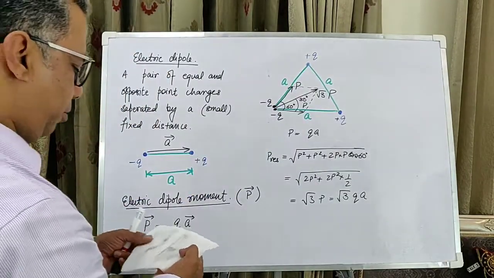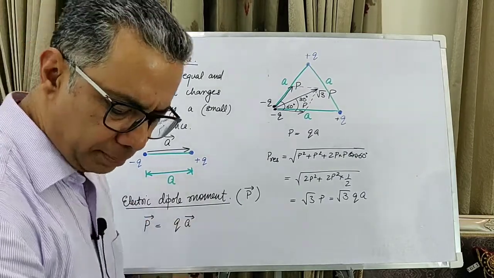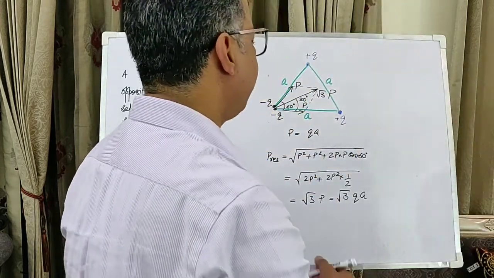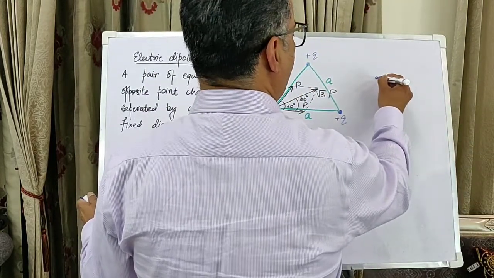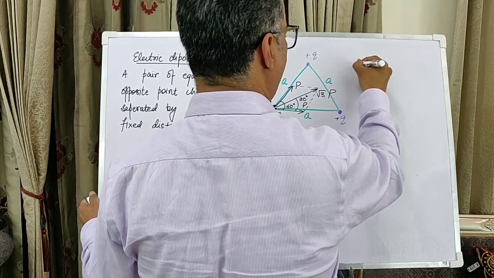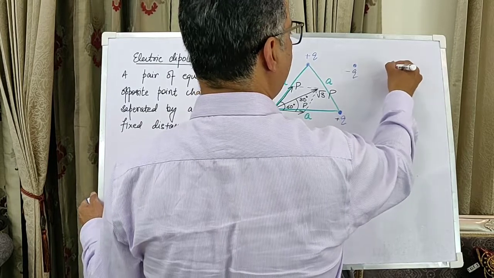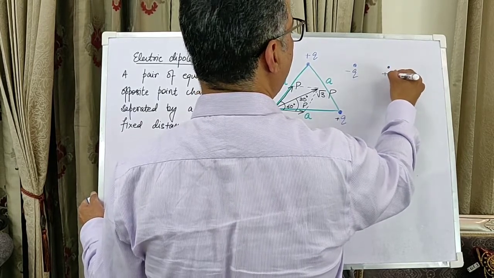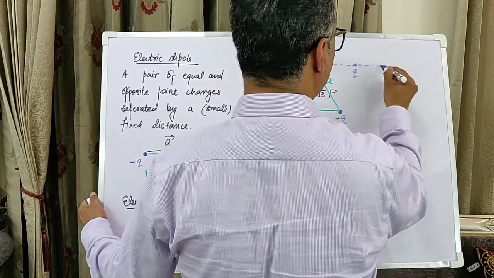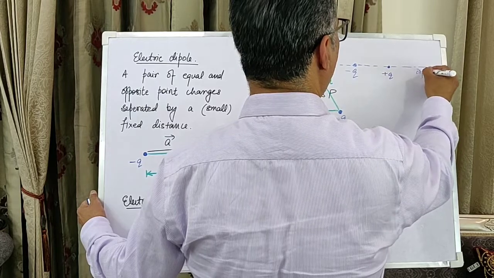Now to do this, we have to define a couple of interesting little ideas, and that is the dipole axis and the dipole equator. Now in a dipole, if this is minus q and this is plus q, then the line joining the 2 charges, this line, is called the dipole